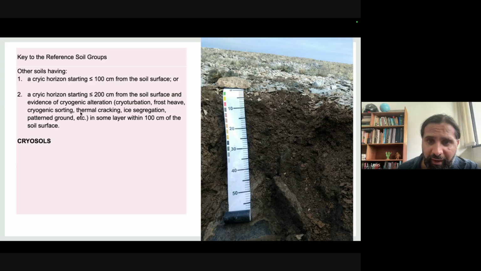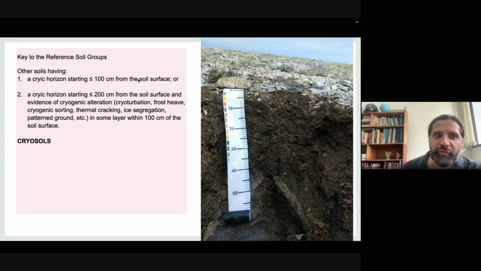So you should remember that I complained that the definition of cryotic horizon in WRB is just related to soil temperature, and it is different from Soil Taxonomy, for example, where we also have cryogenic alterations as features that could classify the cryotic horizon. For the classification here, this is not a problem because now we combine them. We must identify the permafrost, these very low temperatures, the cryotic horizon in the first 1 meter or in the first 2 meters, but